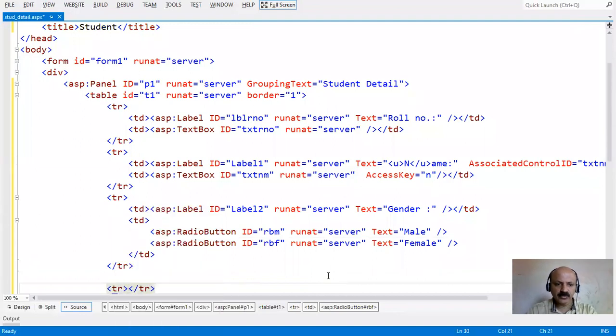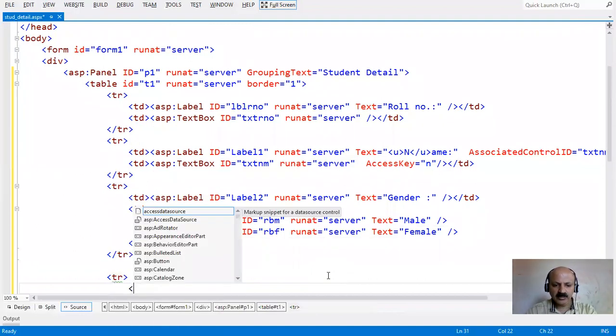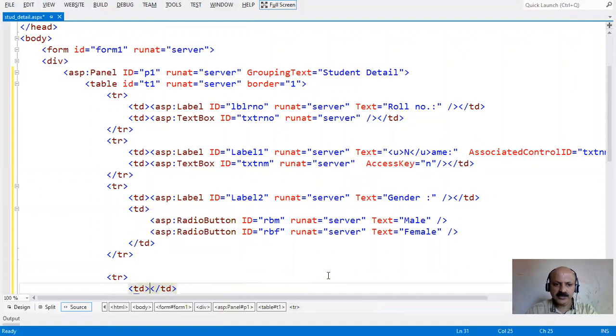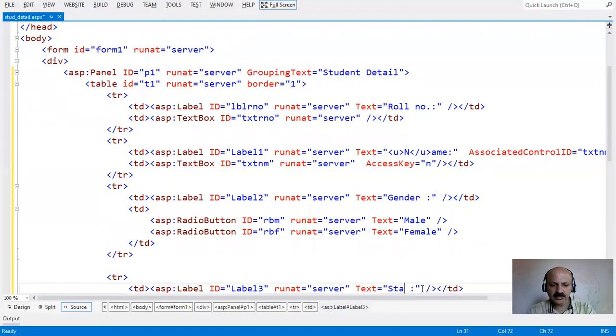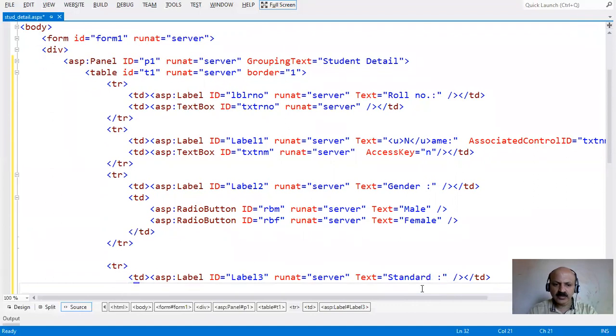Take the fourth row and just copy this label. You can also take the control from the toolbox. The fourth field is standard of the student.